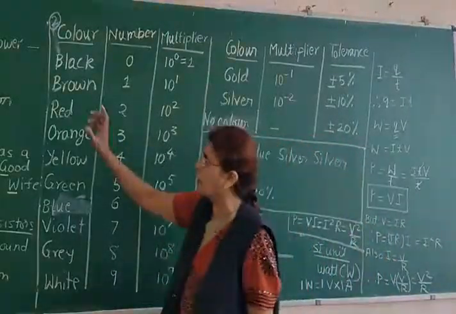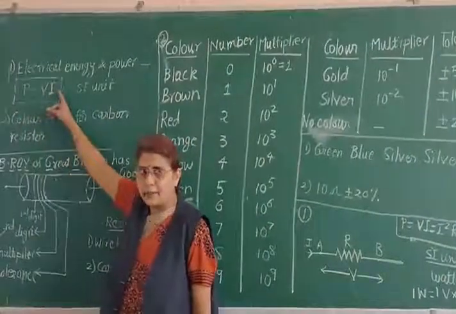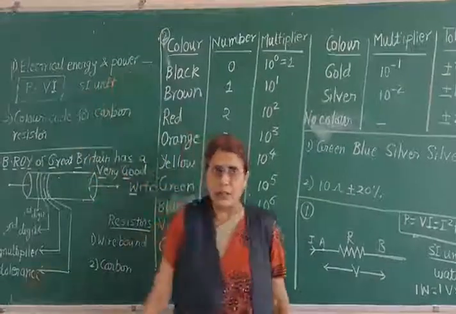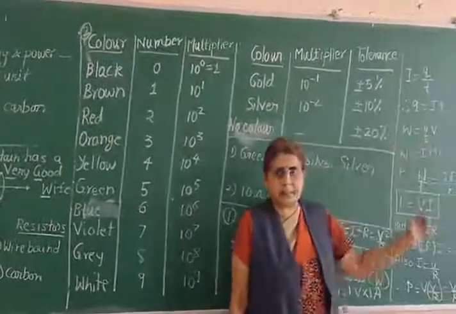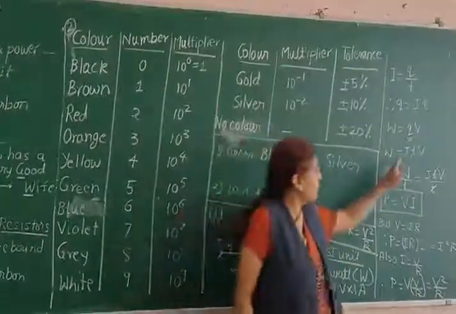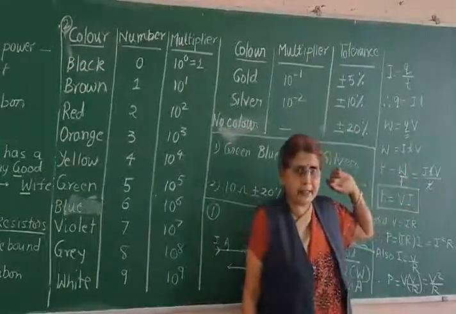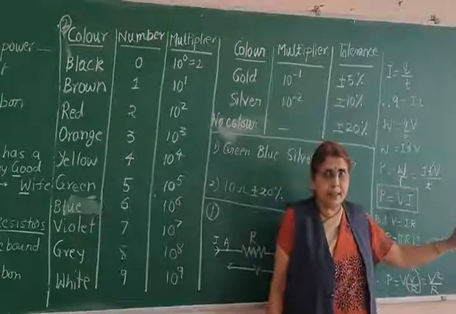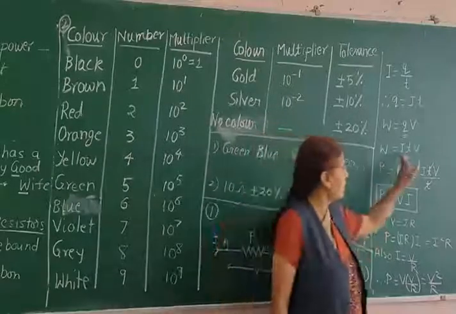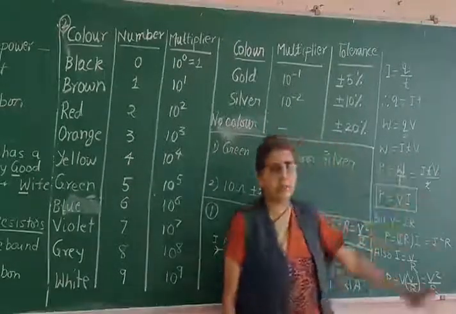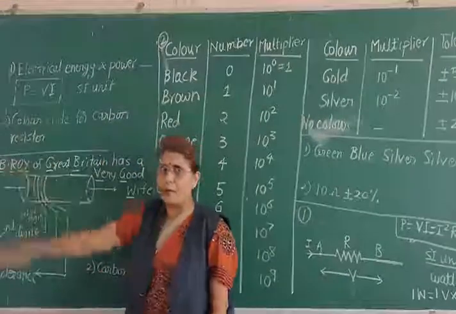So I will revise once again what is electrical power. Power P is equal to V into I. We have derived this equation, and the SI unit of which is watt. This work is always done at the expense of electrical energy. So W is equal to ITV. This is nothing but the electrical energy consumed in the circuit. Work done and energy are one and the same. So whenever charge moves in the circuit, work is done, and for that electrical energy is consumed in the circuit. So work or energy is nothing but I T into V, and power P is equal to V into I. So this is regarding the first point, that is electrical energy and power.